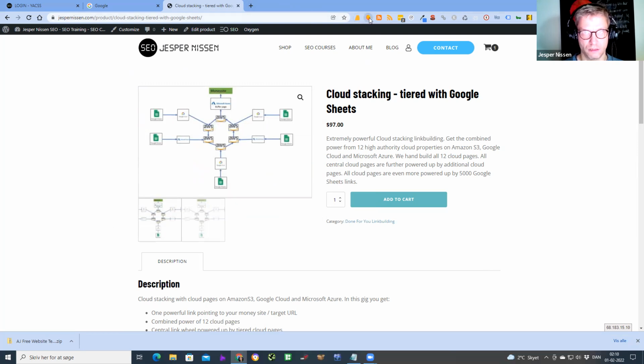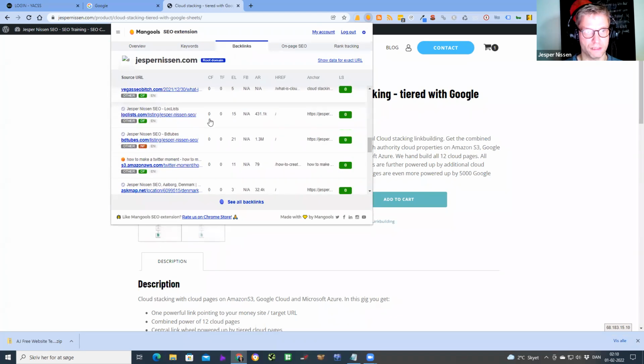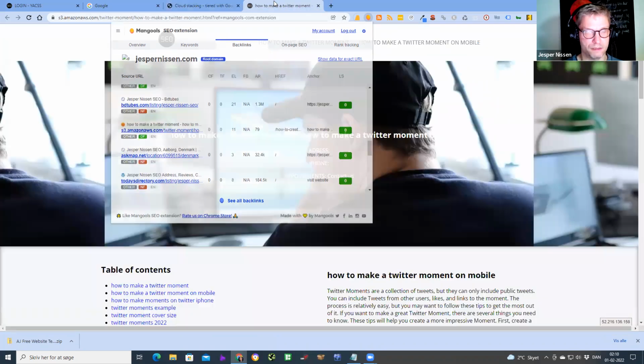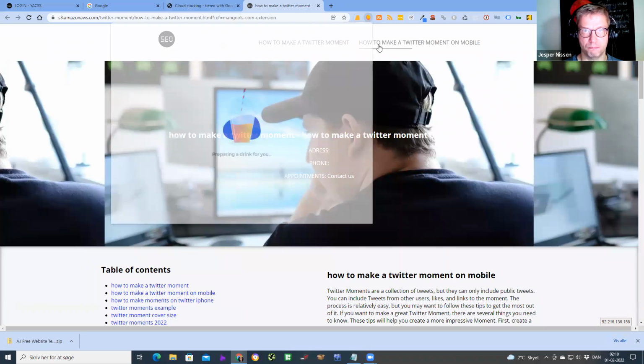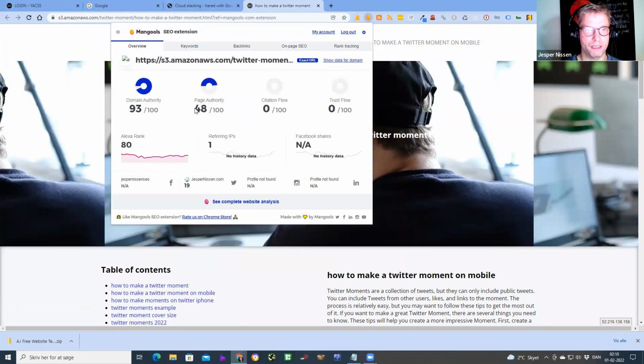I click on backlinks to my website, and I can see that Mangools picked up one of the cloud pages that I made, and this has a domain authority of 93 and a page authority of 48. So DA 93, PA 48, and this is indexed.